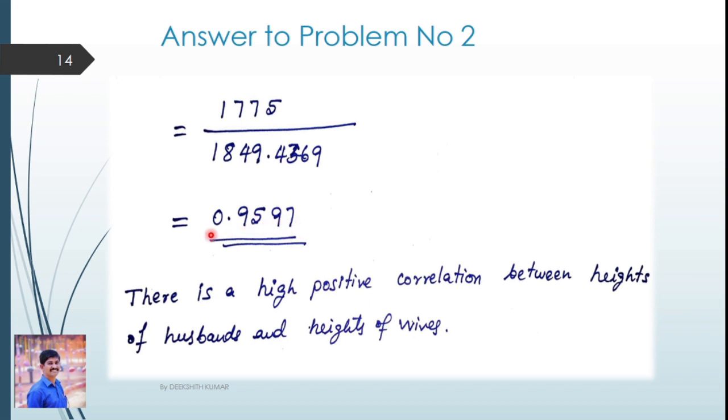0.9597. Again, it is positive and it crosses 0.5 and it is more than 0.5. So it is called a high positive correlation between the heights of husbands and heights of wives. Since this is 0.9, greater than 0.5